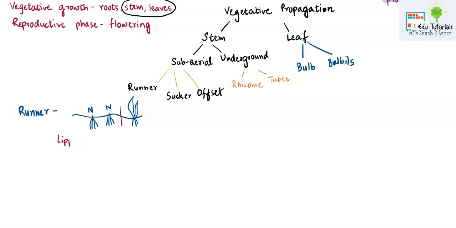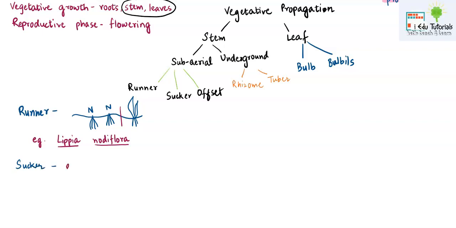Runner is quite prominent in a plant known as Lepidium nodiflora. Here you must understand what runners are, and along with that you have to learn the example also. So runners are the weak prostrate stems with node and internode. If a break happens in the internode, then the broken parts live their life individually. Right? Next we are moving towards sucker, which is